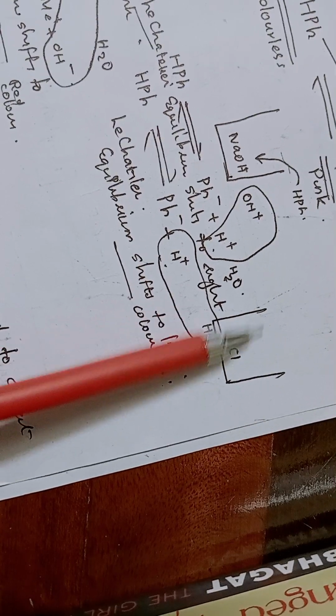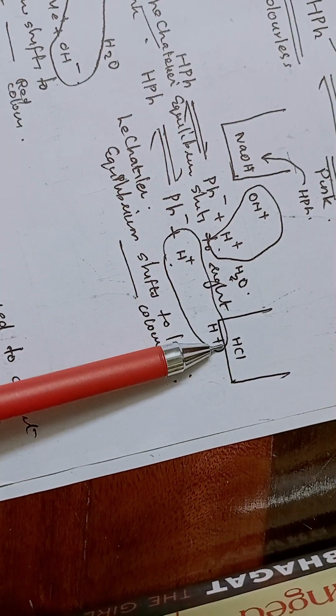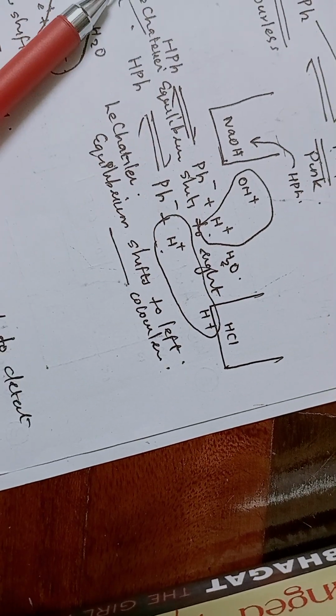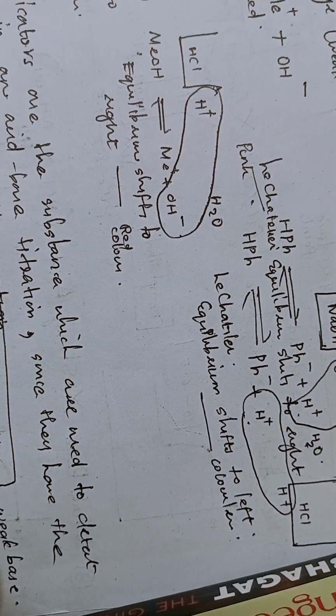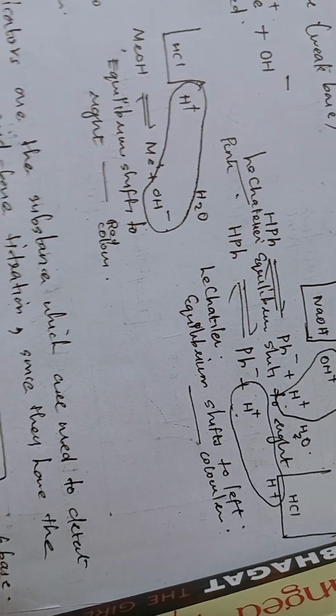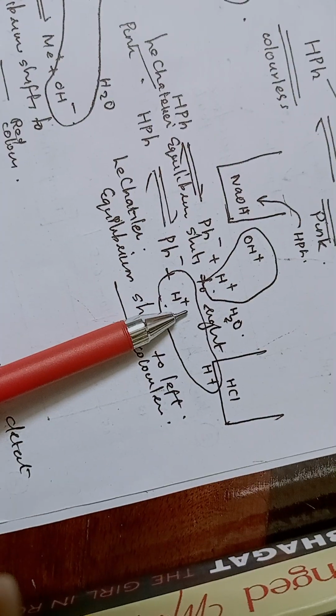When we take an acid instead of a base, that is, in the second case when we consider HCl instead of NaOH, the end point will be marked with colorless. That is because Le Chatelier's principle considers equilibrium shifting towards right and left. Here, why does it shift towards right? Because